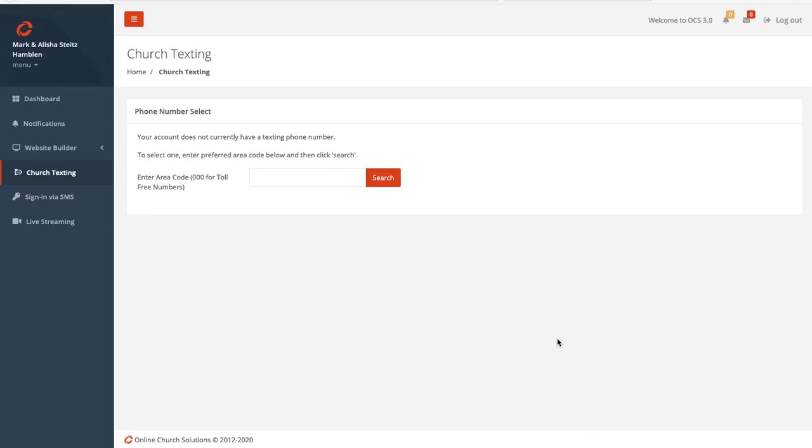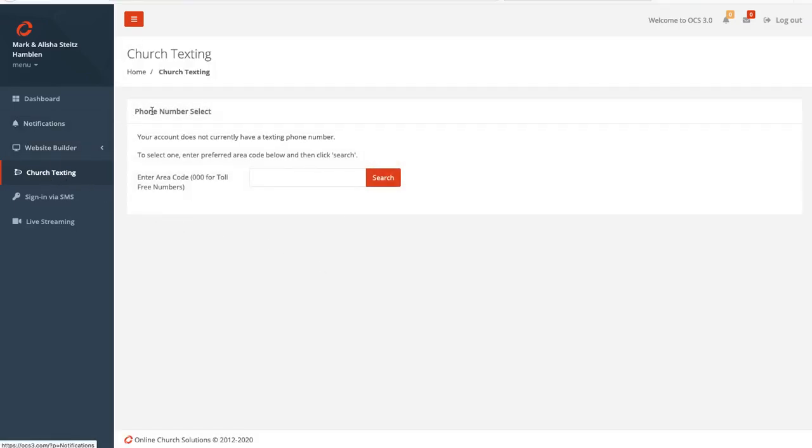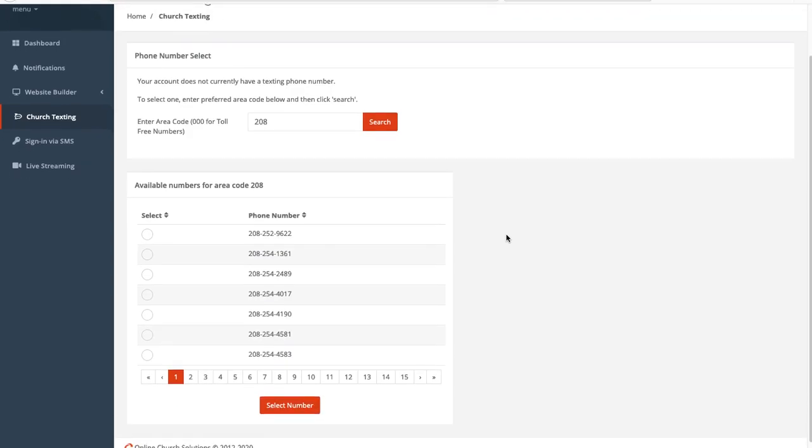Hi everyone. In OCS 3, group texting is now called church texting. The first time you click on the link, you're going to be taken to this phone number select screen. Here you can enter your area code, or 000 for toll-free number options. When you do, you'll get a list of available numbers with that area code that you could choose to